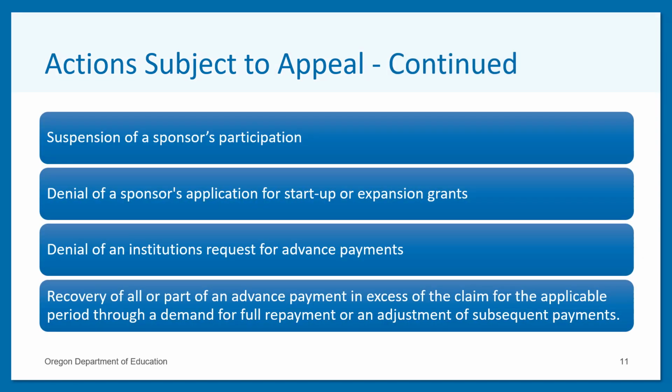Suspension of a sponsor's participation. If the state agency has determined that the institution has engaged in unlawful acts with regard to the administration of the program, such as the submission of false information, or is operating in such a manner as to pose an imminent threat to the health and/or safety of program participants or the public, the state agency must propose to suspend the sponsor's participation, including program payments, and to propose to terminate and disqualify the sponsor and responsible principals and individuals.